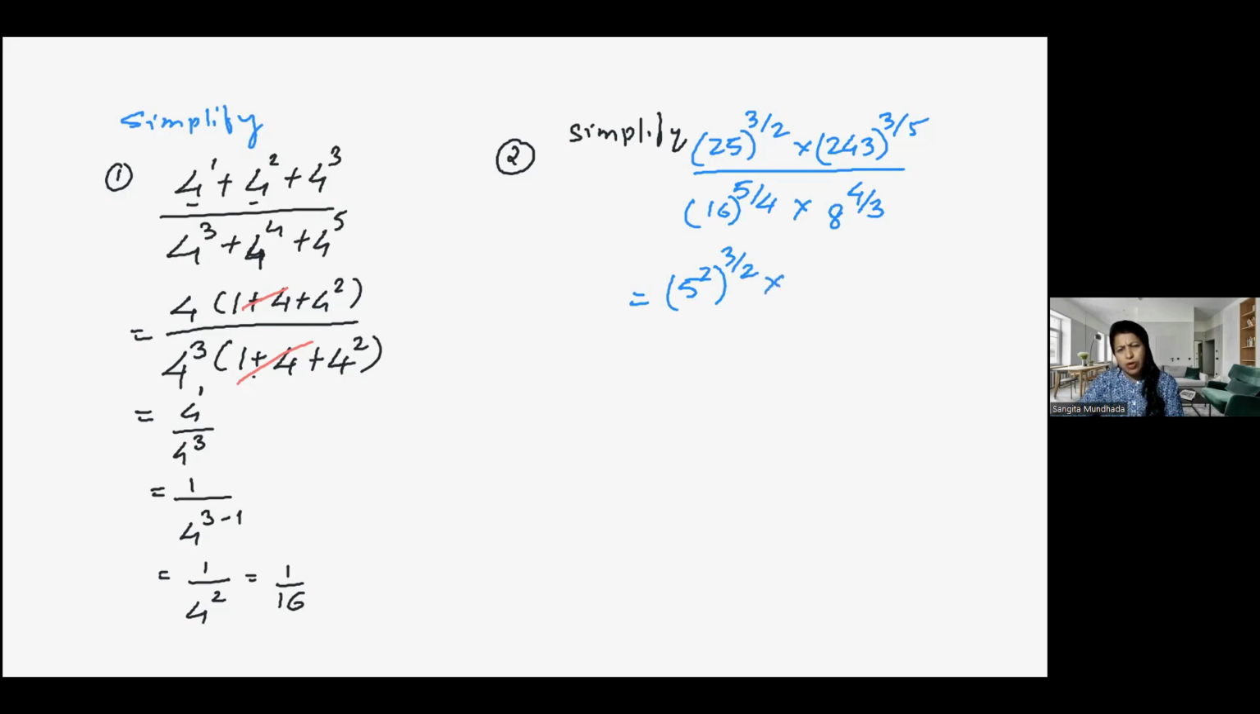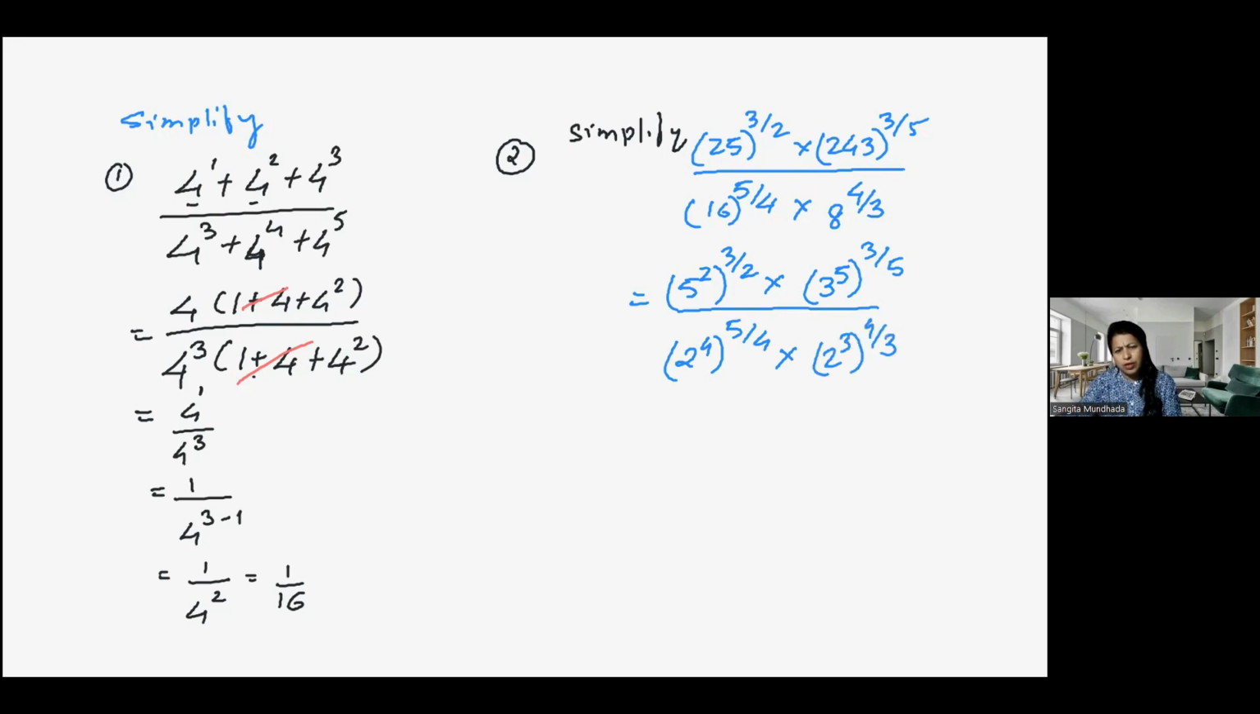If you are not able to factorize 243 easily, add the digits: 2 plus 4, 6; 6 plus 3, 9, divisible by 3. So 3 into 81. 81 means 3 raised to 4. So 3 into 3 raised to 4, that is 3 raised to power 5, raised to power 3 by 5. Then 16 means 2 raised to 4, raised to power 5 by 4, into 8 means 2 raised to 3, raised to